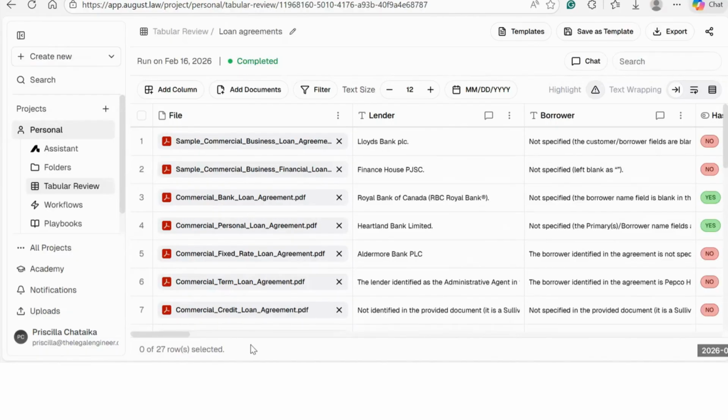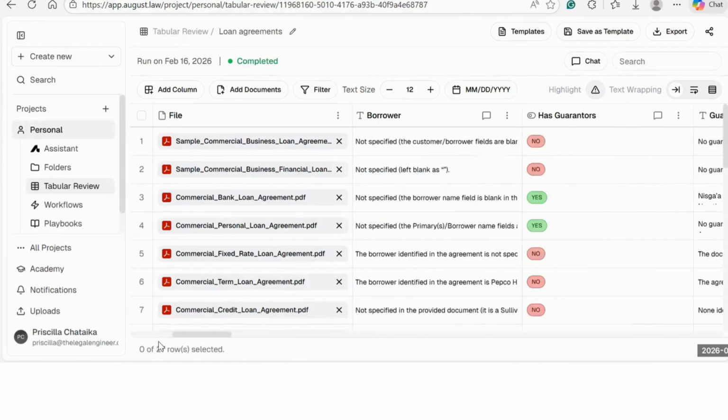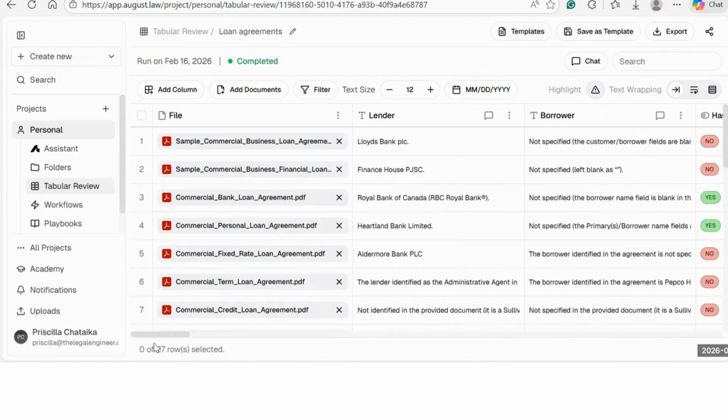There you go. So August has completed its review. Imagine how long it would take you if you were to open each loan agreement and then hit Control F, type the keyword, and then tick off 20 to 30 different questions. And you have to do this for multiple loan agreements, more than 10, 20, 30 different loan agreements. It would just take you forever. And this presents it in a way that's easy to identify the information that you want. You already know the information you want, and you want to be able to quickly assess what's missing, what's deviating